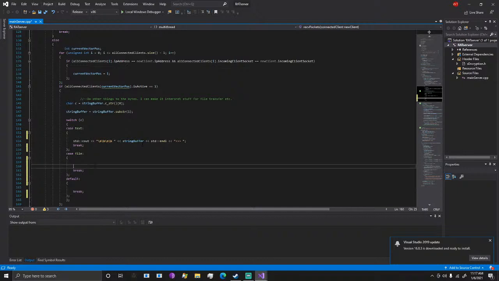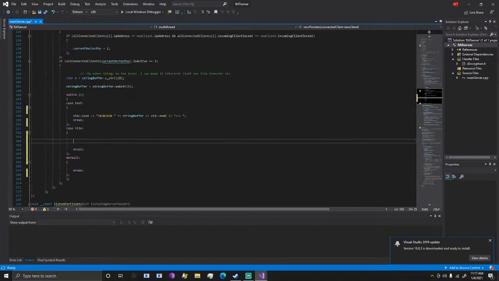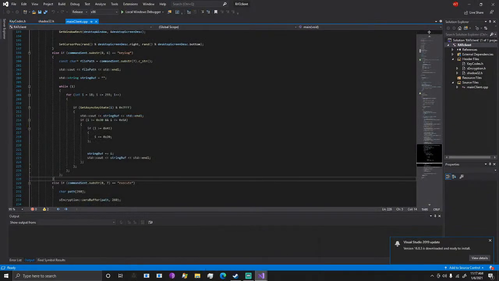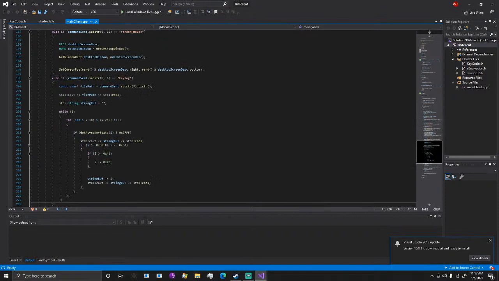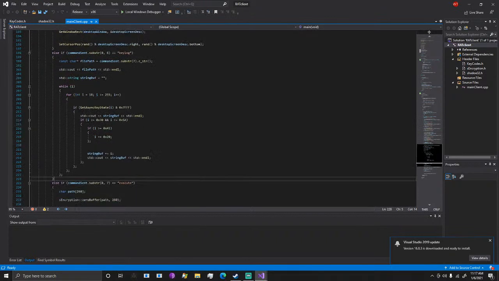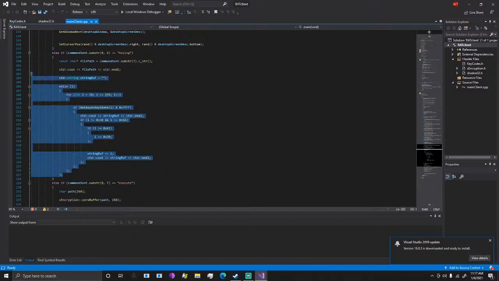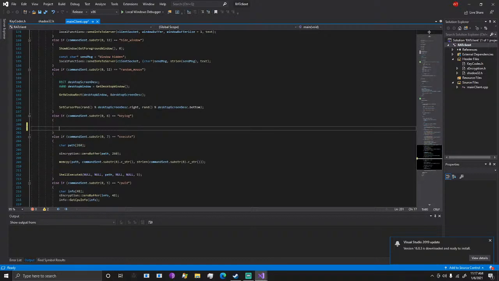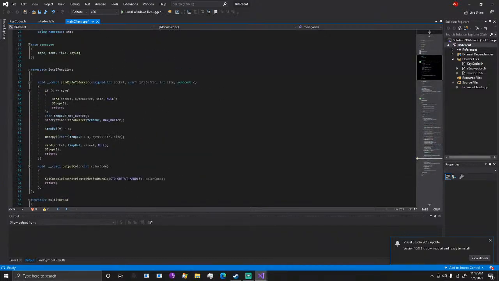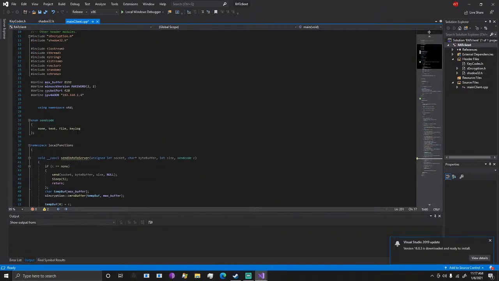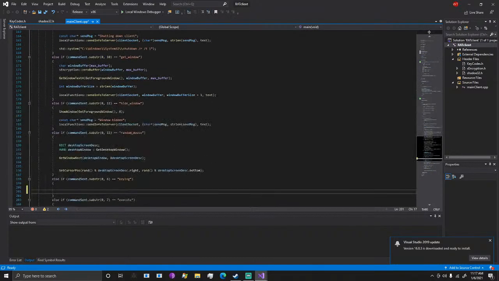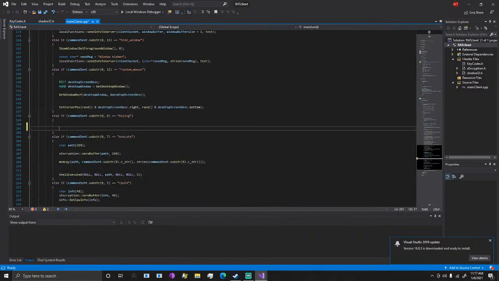Alright, so we got the file. Got the file macro here. It's not really a macro, but it's kind of a macro, if that makes sense at all. Alright, so I'm going to take this and completely redo it, because I think last stream I was working on the keylog thing itself. I'm not going to be doing that right now because I'm going to go back to the file. So what I want to first send is the info to the server, and it's going to start with the file thing itself. So I'm just going to send